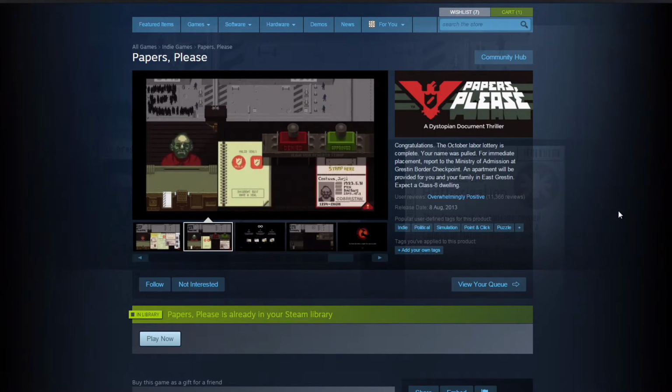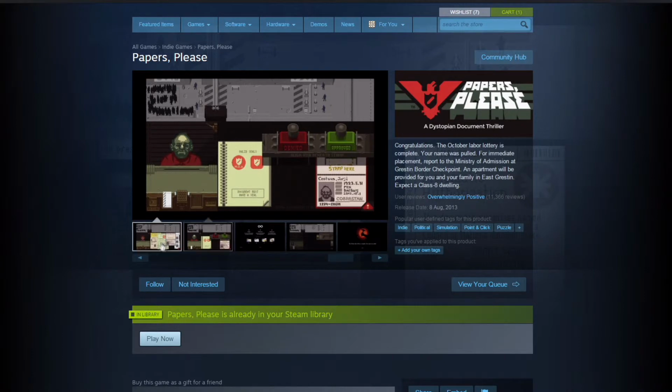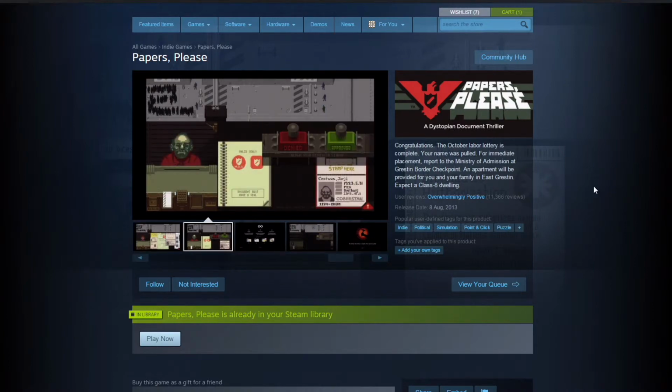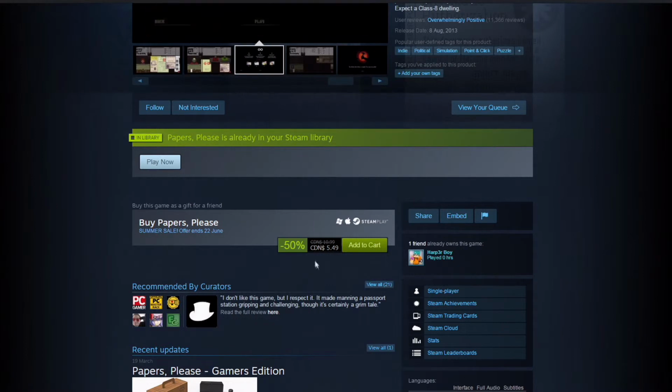It's a rather interesting game where you are a border guard and you have to go through the documentation that the various people bring into your booth. You have to check their passport. You have to check their documentation, make sure they're not wanted, and it looks rather interesting. And so I will be thinking about putting this on the channel, and as you can see here, it is